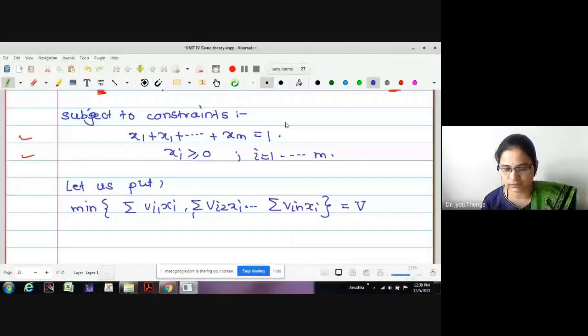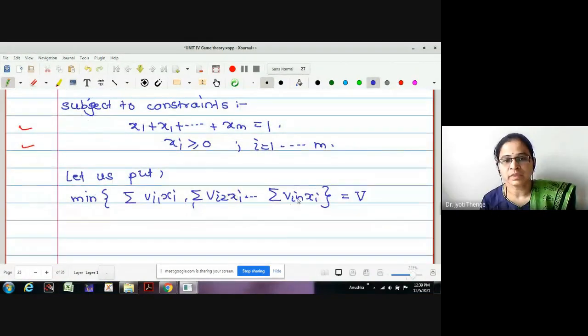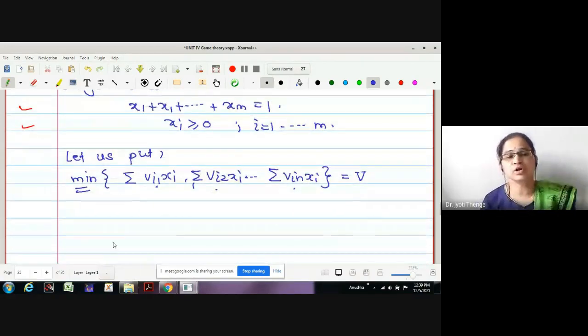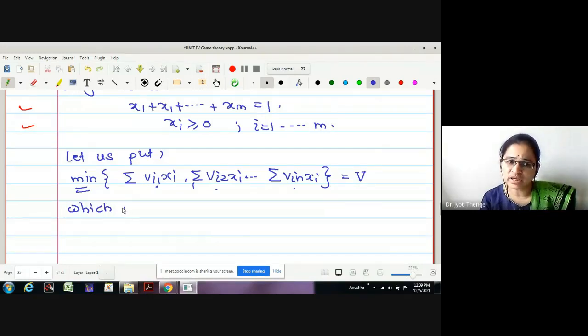Now, look at the substitution we have made. The minimum among these summations is v. Therefore, may I write any other constraint as well? Because in this objective function, we have two optimization concepts, minima also, maxima also. Therefore, just to remove this minima, as this value v is the minimum of this finite set with n values, what is the relation between any arbitrary value of the set and v,